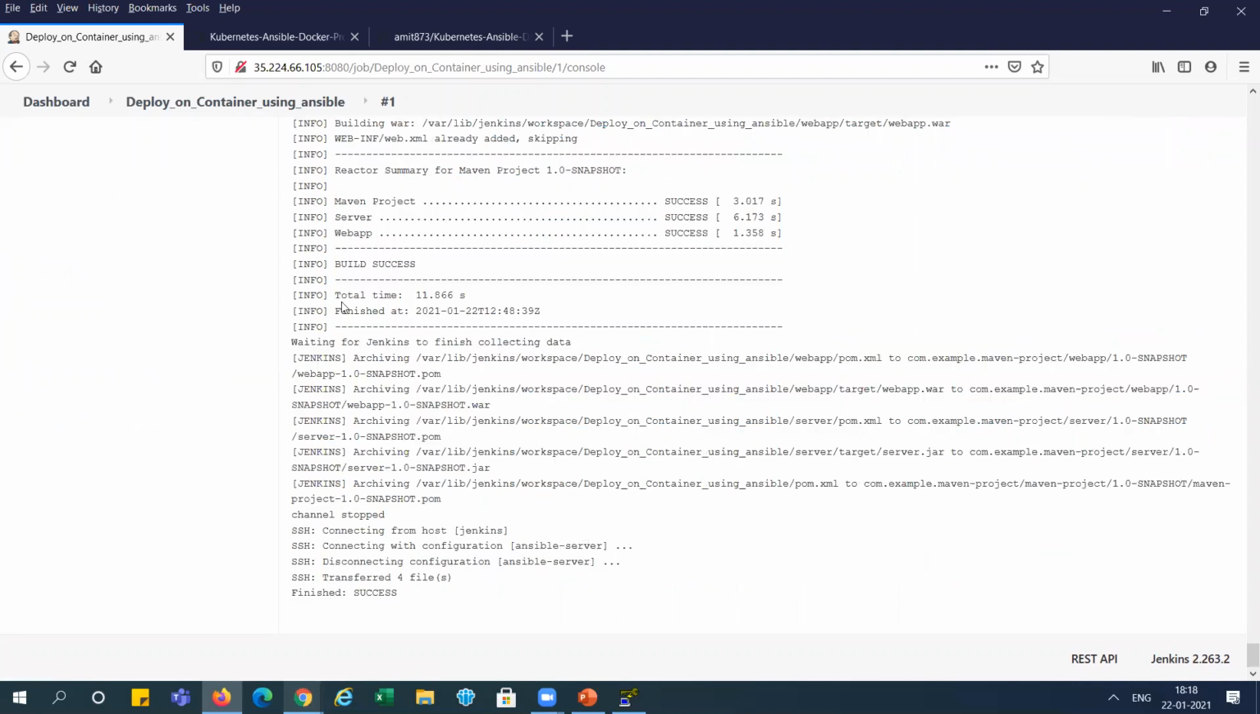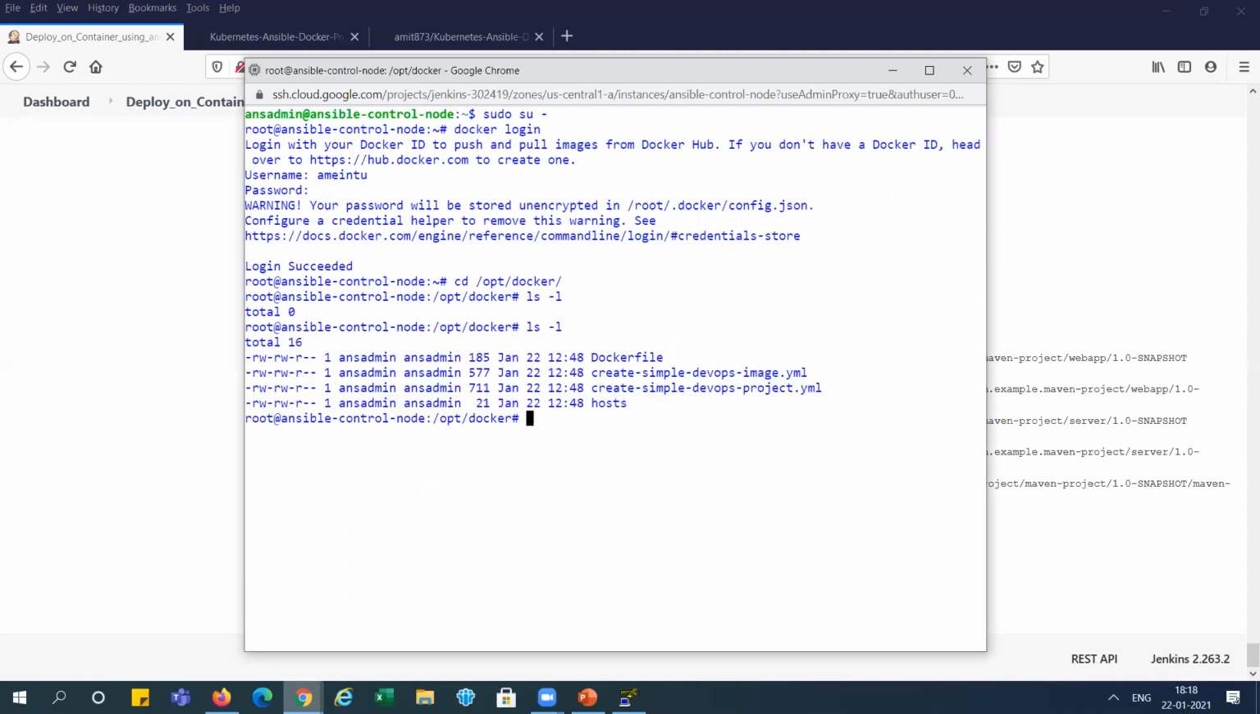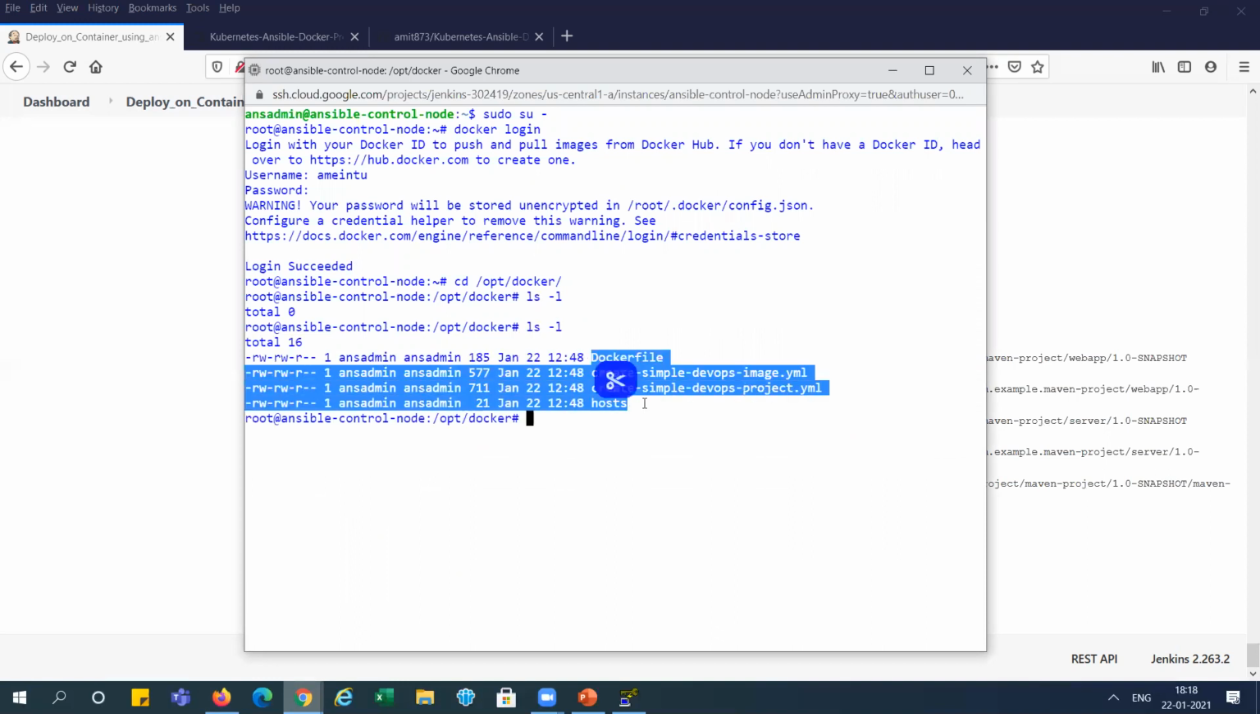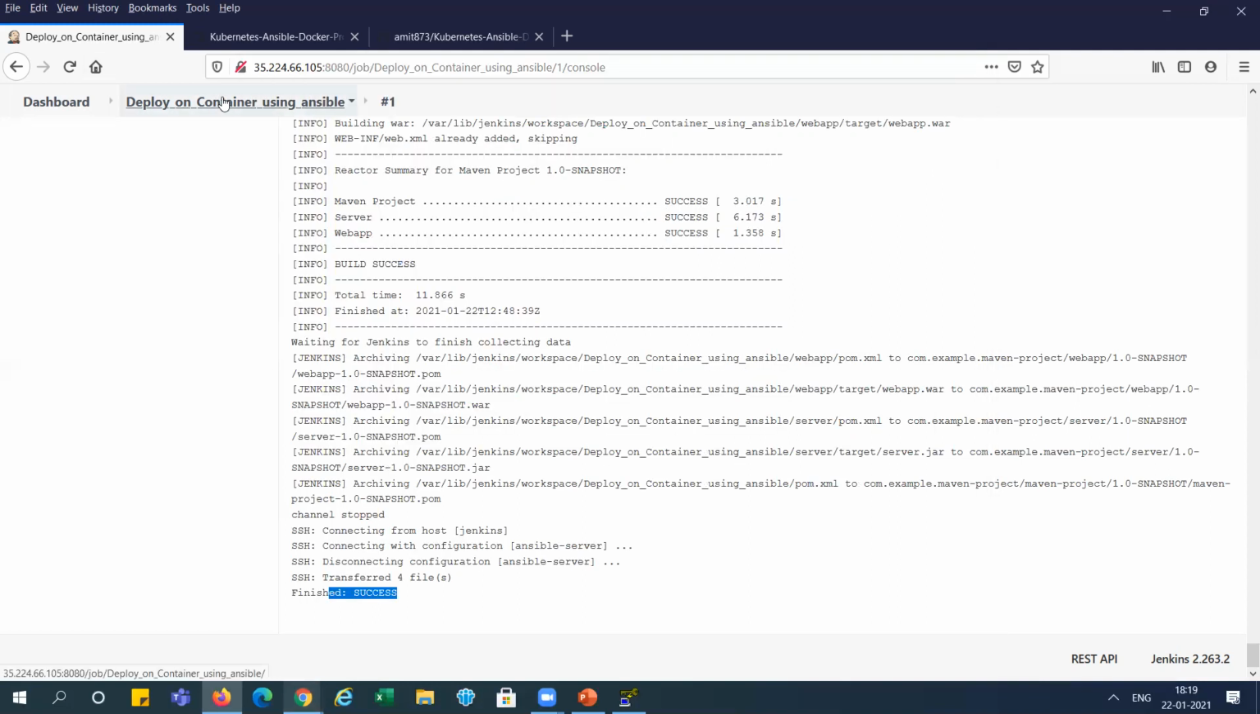And you can see here build success for file created, and it has also transferred 4 files and finished successfully. So it means we got our 4 files over here. But you can see we don't have any var file here because we have not added anything in our job. So we need to go and modify the job, configure,